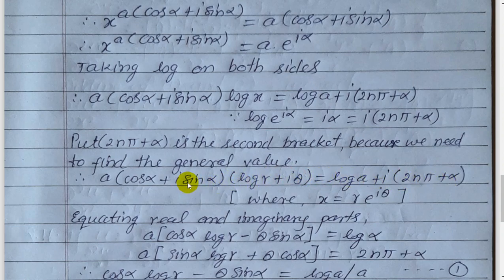So after multiplying these two brackets, collecting the terms of i on the left hand side, because the right hand side is already collected,